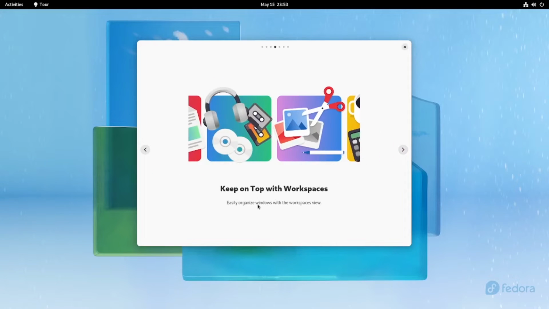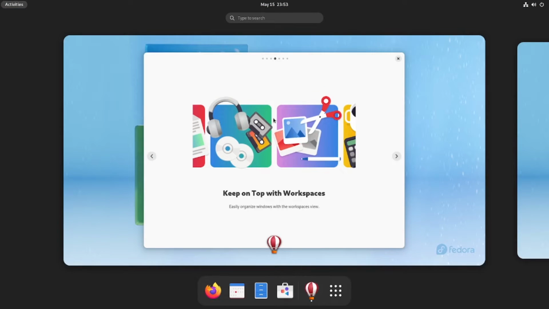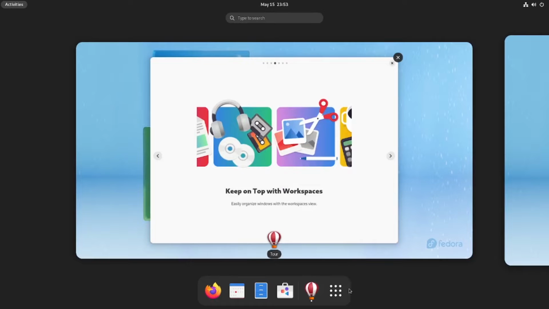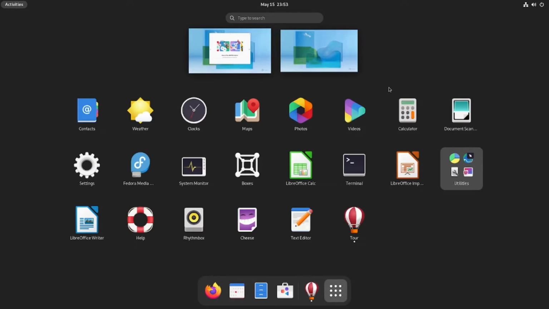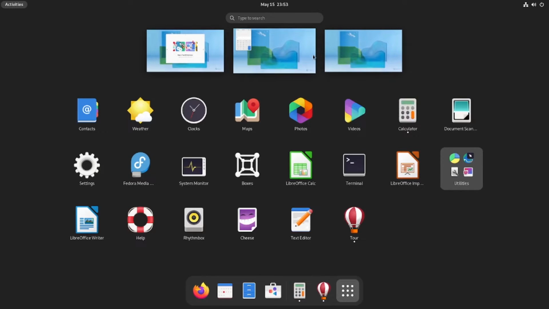And then keep on top with workspaces, easily organize windows with the workspaces view, maybe like this. If you want to open an app, for example this calculator, in workspace number 2, you can just click and drag it to workspace number 2, and it will open in workspace number 2.